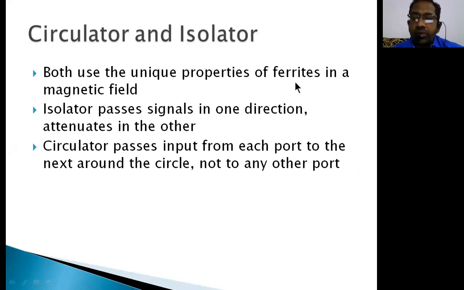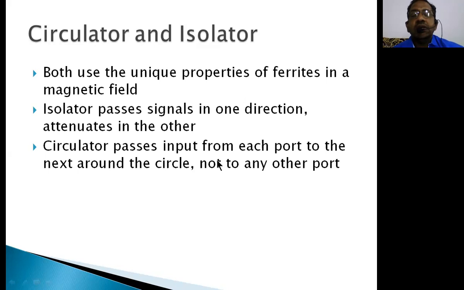If you go through the basic microwave circuit, in that microwave circuit, after the microwave oscillator tube, you're going to have an isolator component. The isolator is normally used to allow the signal to transmit only in the forward direction, whereas in the reverse direction, the isolator is going to stop the signal.